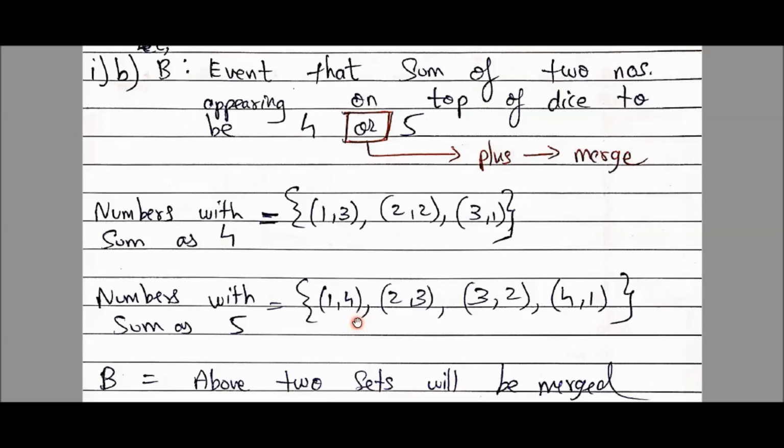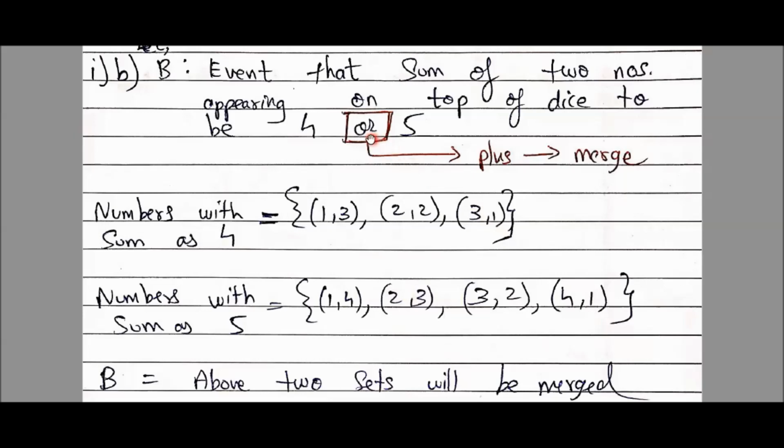Okay. And this is a very logical thing. I will not see this as a shortcut that when 1 comma 4 came, 4 comma 1 will also come, because 4 plus 1 is 5. Similarly 2 comma 3 because 2 plus 3 is 5, and 3 comma 2 is also 5. And you cannot say these both are same. This 2 comma 3 means on the left side die 2 has come and on the right side 3 has come. And 3 comma 2 means on the left side 3 has come and on the right die 2 has come. Okay, so I got 4 elements.